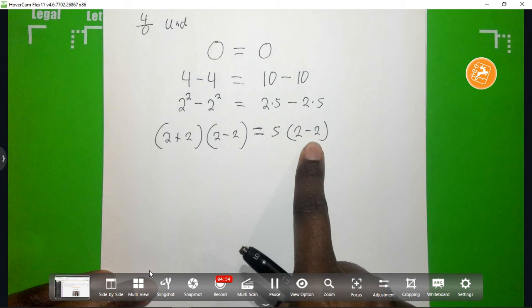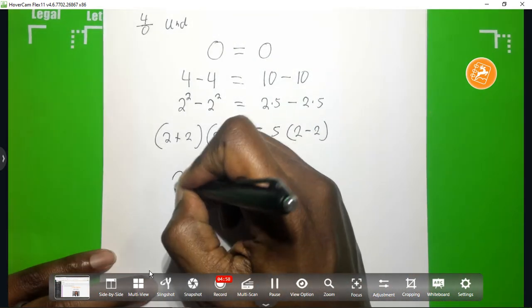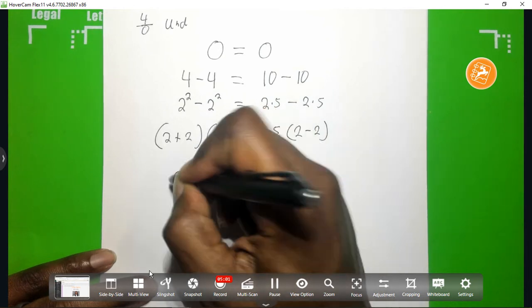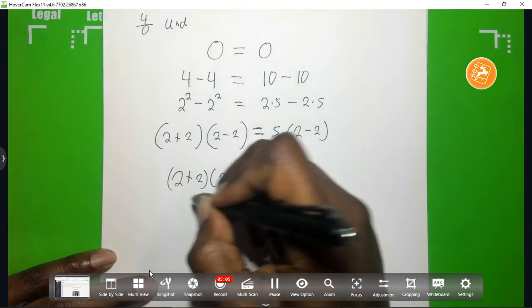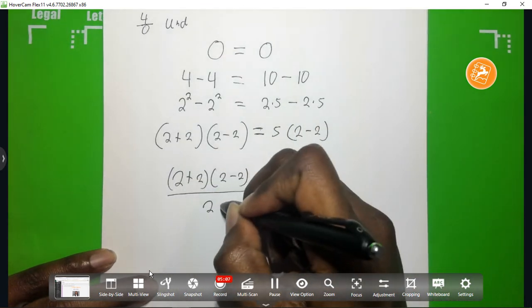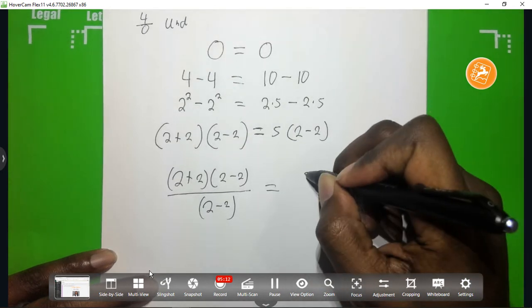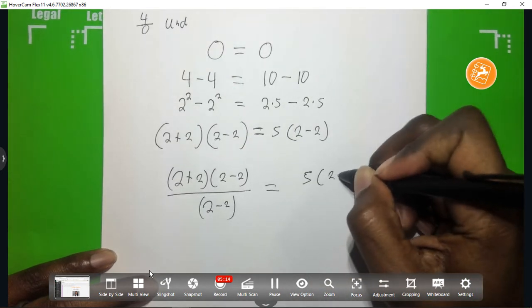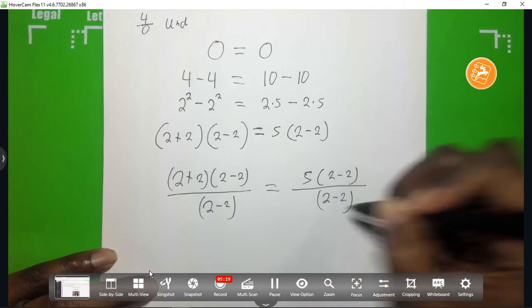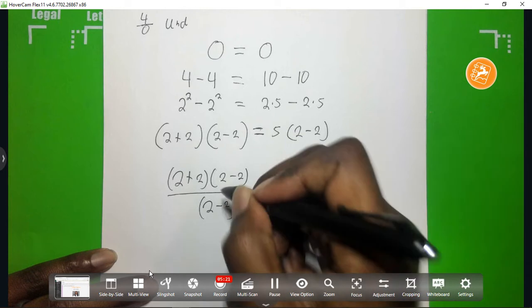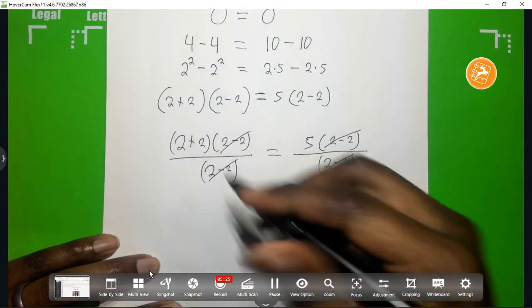We have this 2 minus 2, we have this 2 minus 2. So I'm going to divide and cancel that out. So I'm going to have 2 plus... this cancels out on both sides. And what do we have left? 2 plus 2